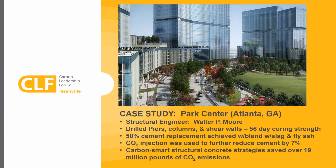And additionally, CarbonCure, which is one of the carbon capture technologies that we were referring to, was used in the mix to further reduce the cement by another 7%. So in other parts of the elevated structural frame, with concrete that was supplied by Argos, another 56-day strength was specified in the columns and the shear walls, and aggressive cement replacements were achieved for various other elements. So overall, the carbon smart structural concrete strategy saved over 19 million pounds of CO2 emissions,